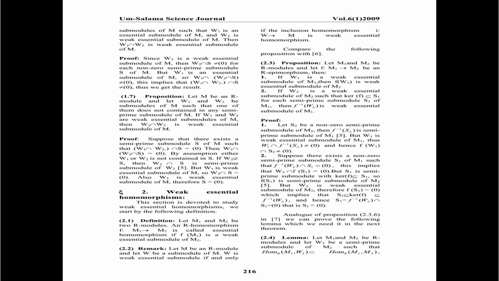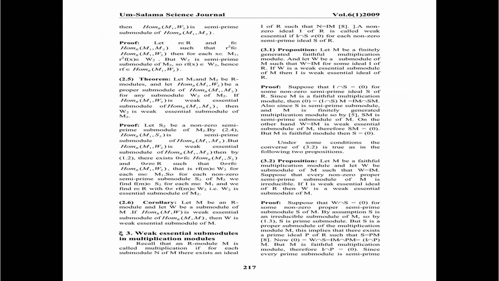In section 2, I gave weak essential homomorphism, which is defined as follows. Let M1 and M2 be R-modules. A homomorphism F from M1 to M2 is called weak essential homomorphism if F of M1 is weak essential submodule of M2, and there are some propositions and theorems given in that section, such as